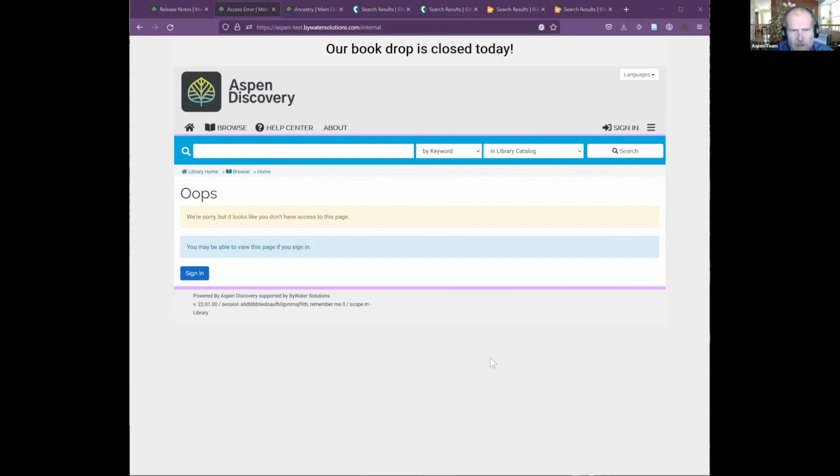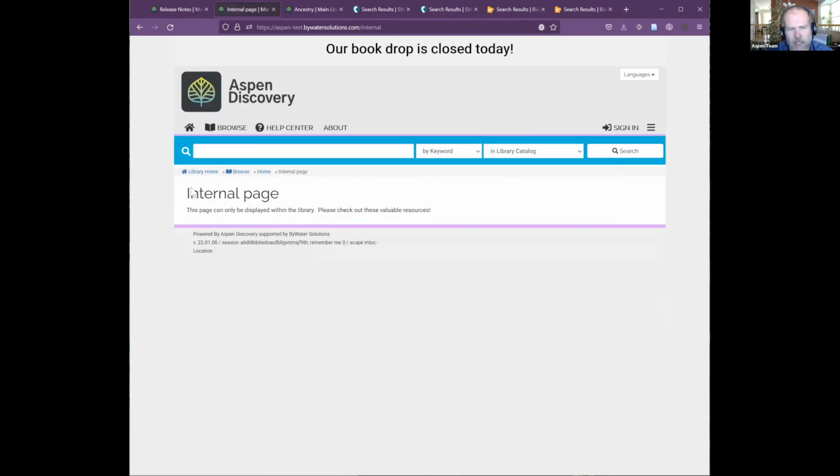So I'm saving those. And now when we refresh this, because I'm inside the library, we get the text of the actual page. I didn't put a whole lot of text there, but we can now say I am currently inside the main branch, so I get to see that even though I'm not logged in. This is really cool because